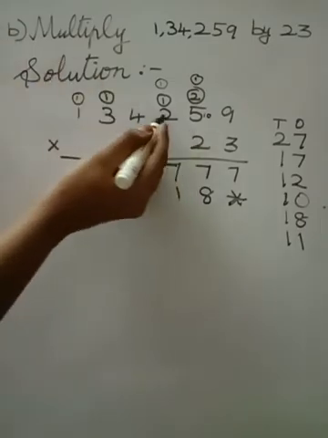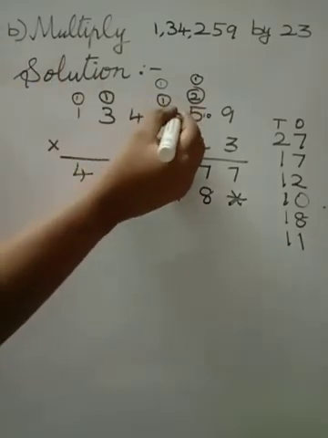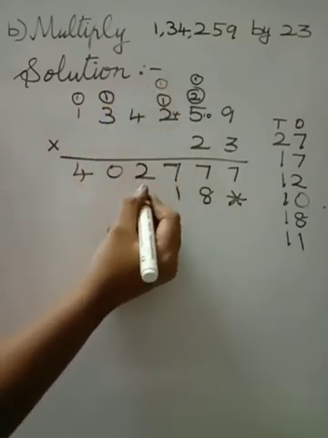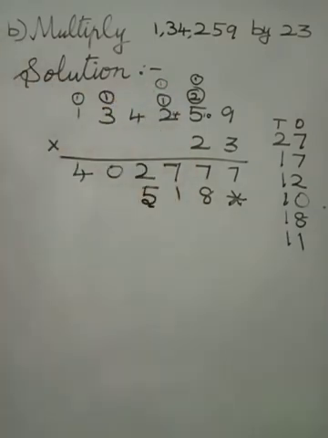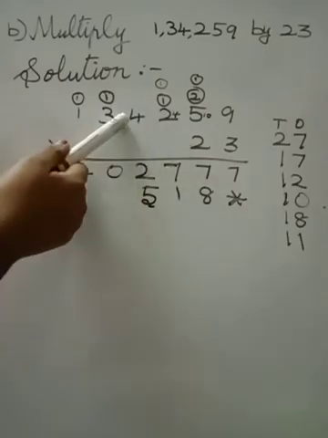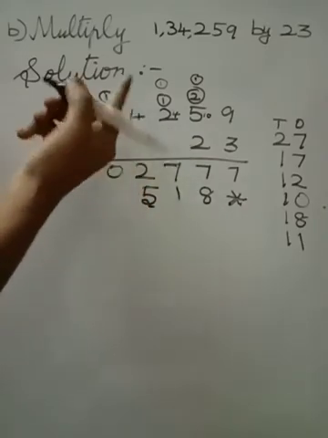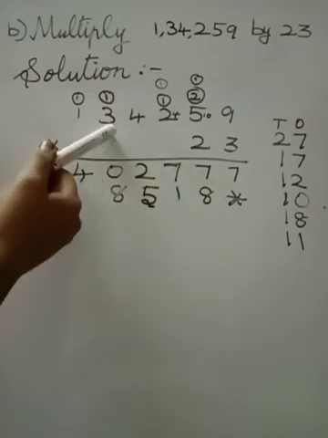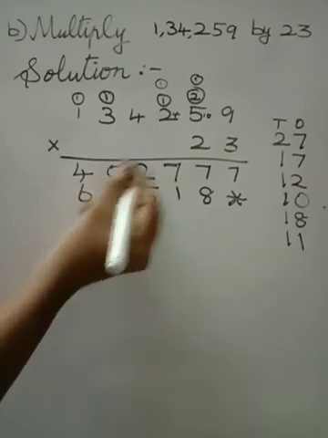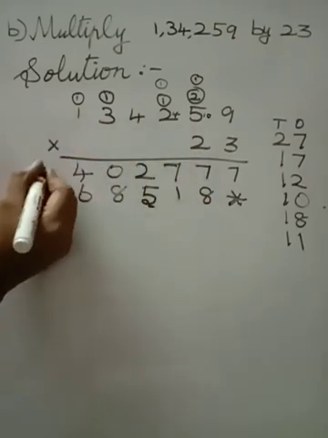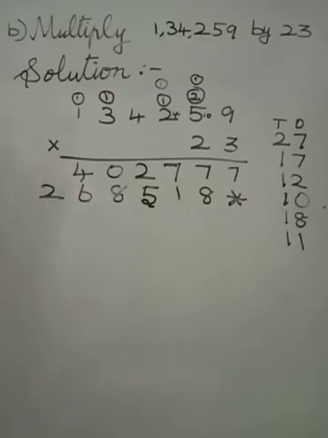Next 2 2s are 4. You are having 1 here. So 4 plus 1, it is 5. Only one digit, so you can write the answer as it is. Okay? Next, 2 4s are 8. Here no number carryover is there, so you can write that 8 as it is. 2 3s are 6 and then 2 1s are 2. Write the number separately. If you are not having any number here also, no problem. You write the number separately.